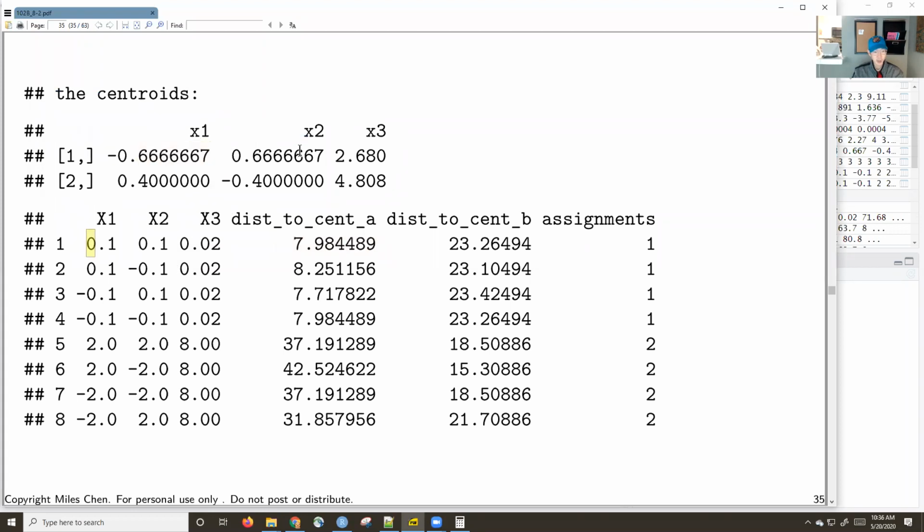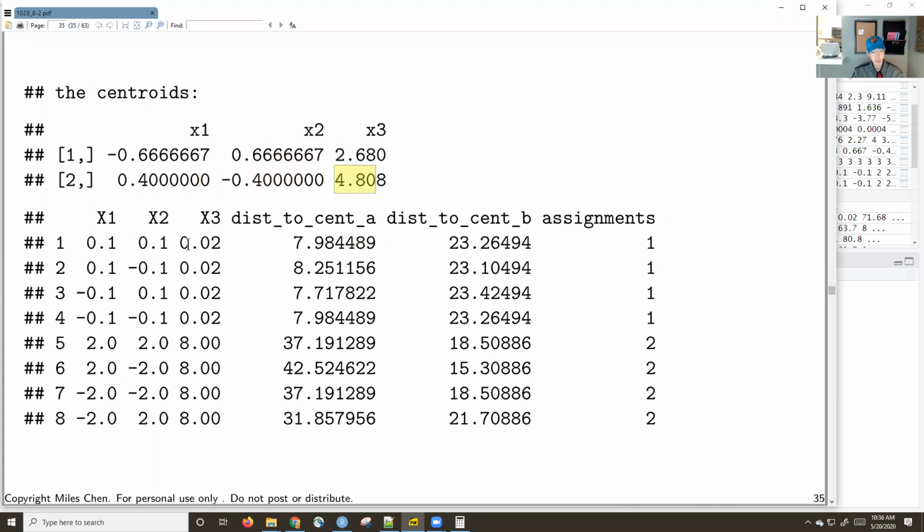Okay, so anyway, I'm going to calculate the distance to centroid A, and so it's basically this minus this squared plus this minus this squared plus this minus this squared, so I don't think any surprises here. And then we calculate the distance from each point to centroid B, and so we do this minus this squared plus this minus this squared and this minus this quantity squared, and the distance to centroid B is farther, and so we're going to say, okay,